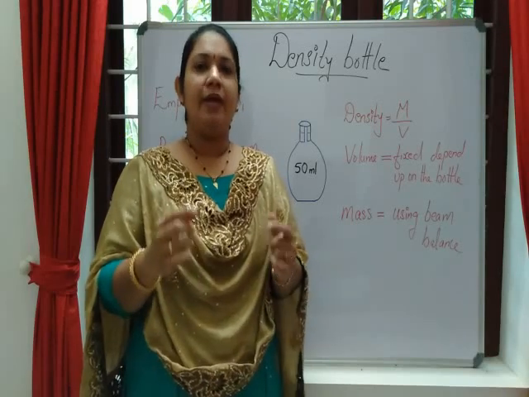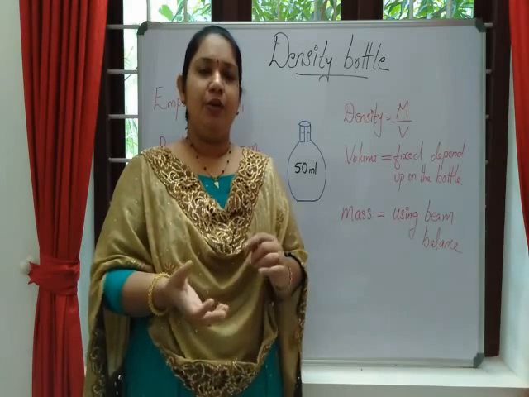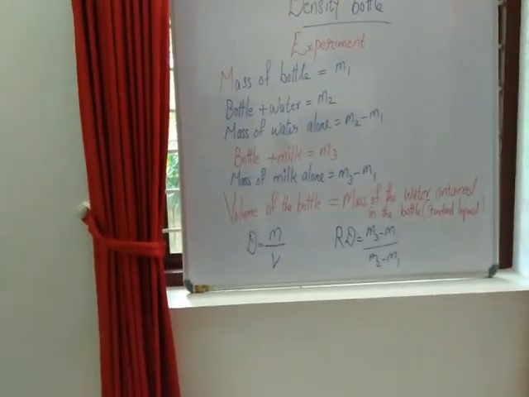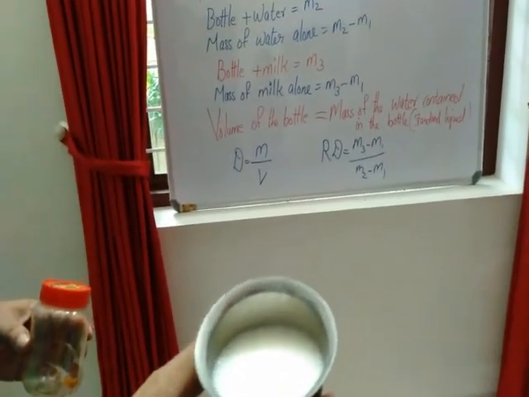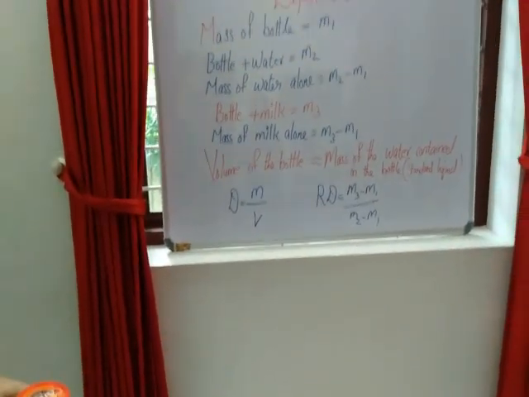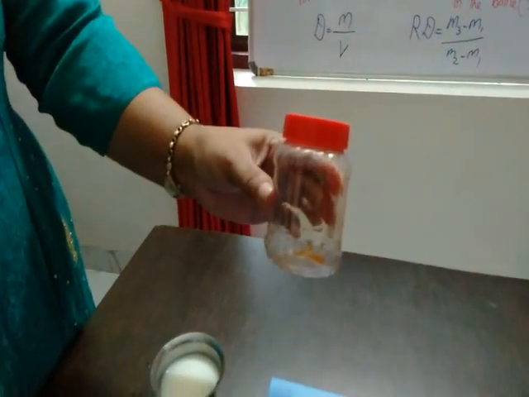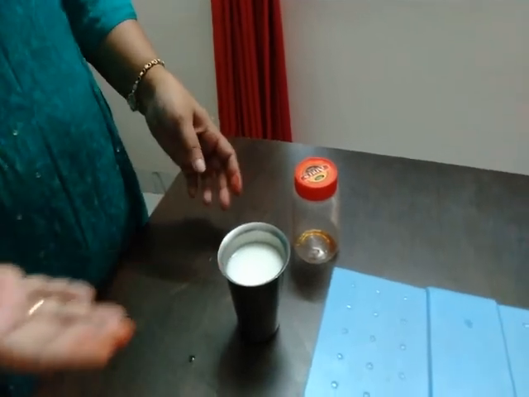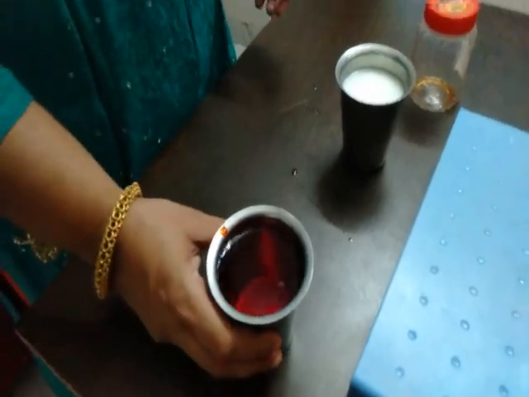For that, I will show you an experiment on how to calculate the density of a given liquid using a specific gravity bottle. Next, we are going to do the experiment to calculate the relative density of a given milk. You can see the milk. For that, I am taking a beam balance. Instead of a beam balance, it's a weighing machine, and a density bottle. It's just an example, it's not a correct density bottle. And here you can see milk and water. Our standard liquid is water. I just added food color to see it clearly.